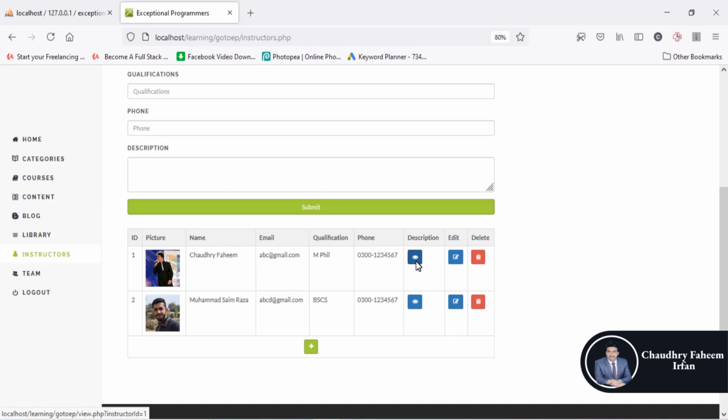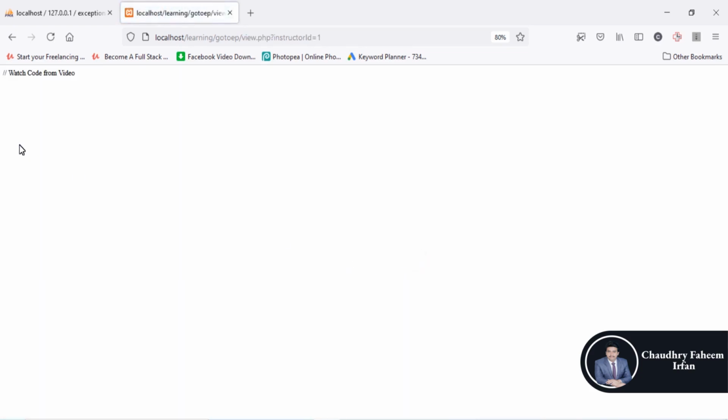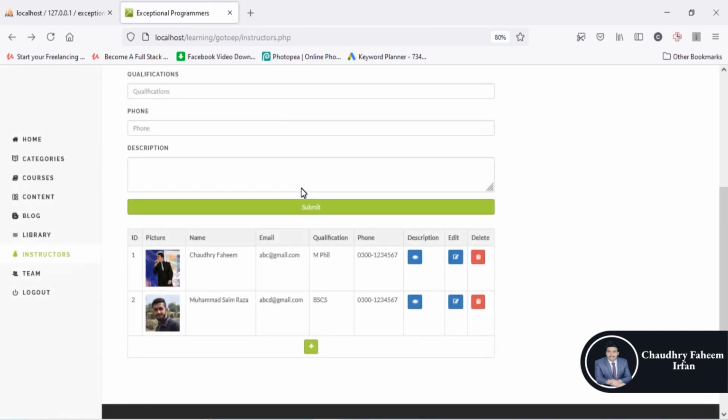Whenever you click on this button, it goes to view.php with instructor id equal to 1. You can watch the content or the description on this page, but we will cover it in our upcoming videos.